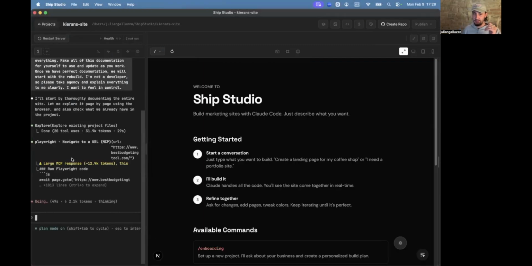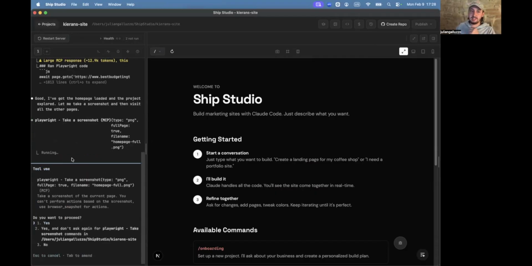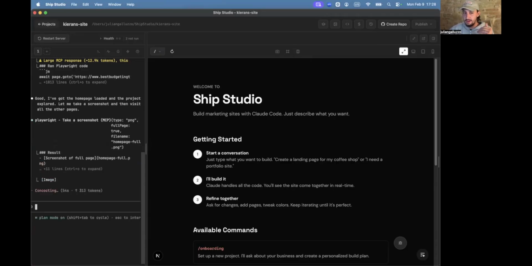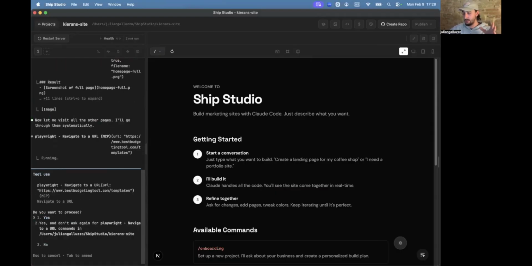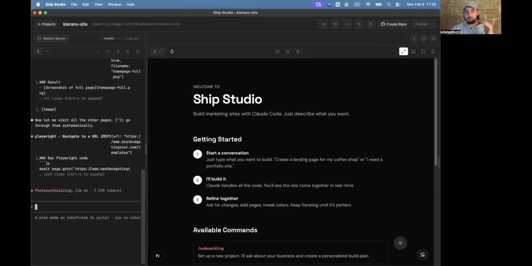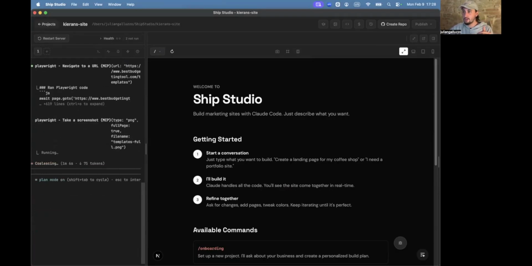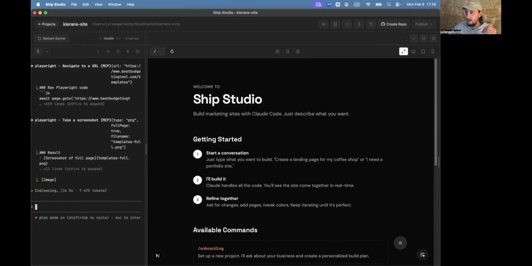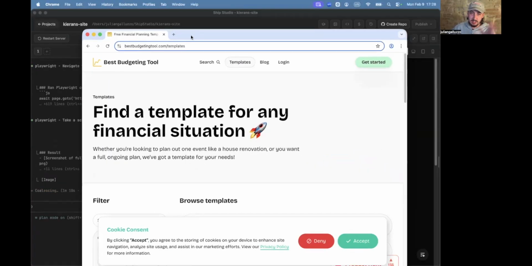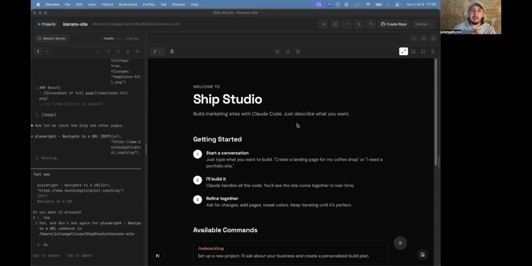But this is using something called the Playwright MCP. What that does is essentially give Claude Code the ability to go to your website, other websites, whatever it may be, look at it, take screenshots, and then understand those screenshots. So what it's actually doing right now in the background is looking at this site and taking a bunch of screenshots so that it can understand how it looks and how it functions. It's going through the different pages right now. Pop this back. As you can see, it's gone to a completely different page, and it is just going to make a giant map of my site.